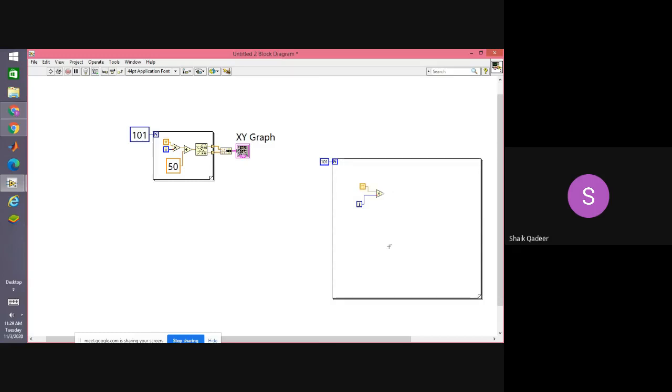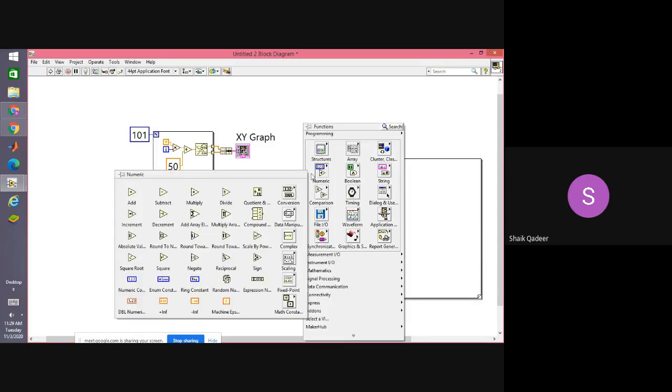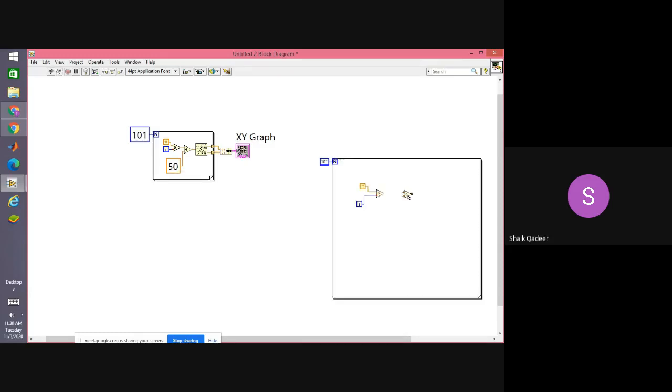Okay, now what we need to do is take another mathematical function as divider. Connect the output of multiplier to the first input of divider, and for the second input we want a constant, that is 50. So go on the input place of the second parameter to divider, right click, select create constant and feed the number 50.